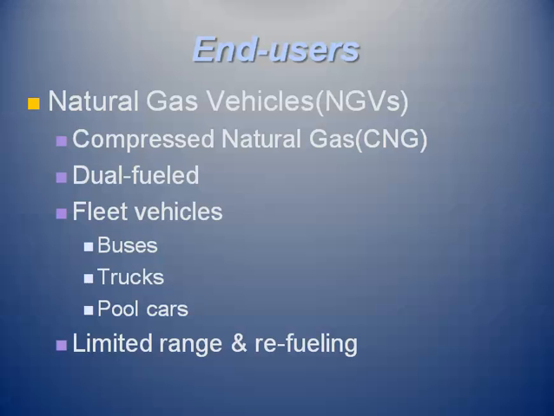Now the better ones are dual fueled. You can use gasoline or CNG, but CNG still has an important usage within what we would call fleet vehicles. For instance, metropolitan buses, trucks using on short haul routes like the USPS or FedEx or UPS, and then pool cars, various companies who have, let's say, a certain district, and they don't need the longer range cars. They can use CNG. But again, the limitations are the limited range and refueling. Now the refueling infrastructure across the United States is getting better, but for most people it is still a sticking point in terms of buying these types of vehicles.